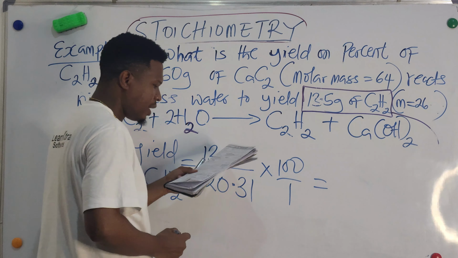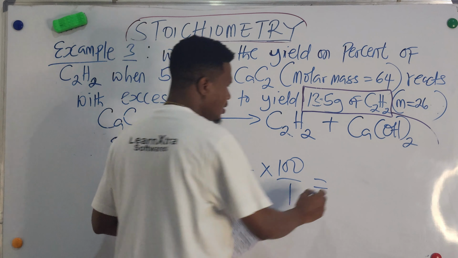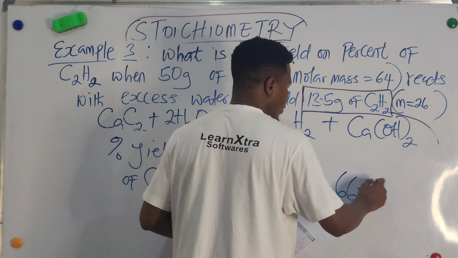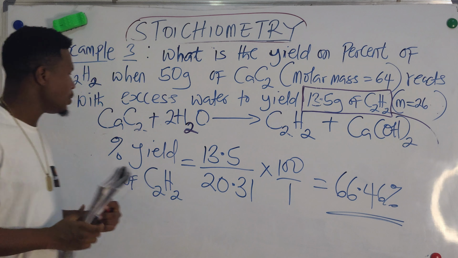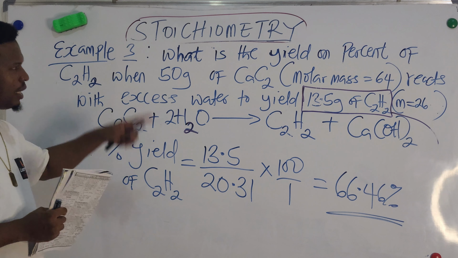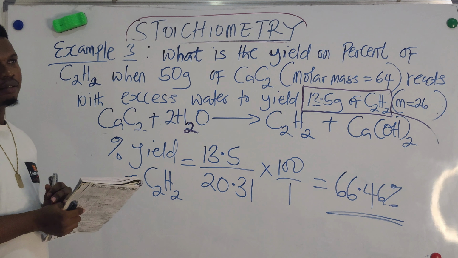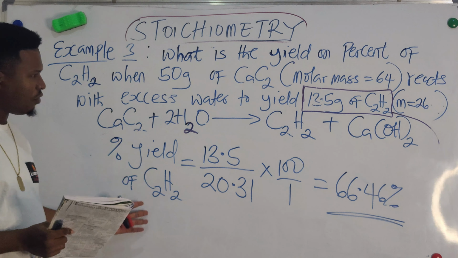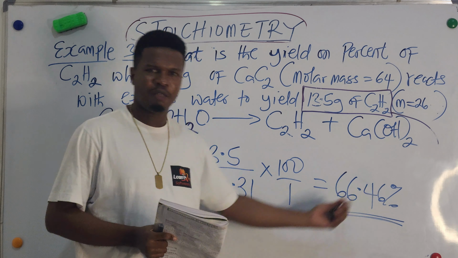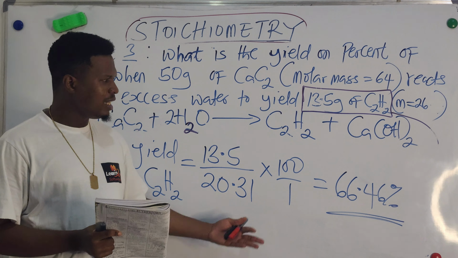So whatever we get here is the percentage yield. So the percentage yield is 66.46%. So this is the percentage yield of acetylene present in this production, in this question. So from the question now, you see that the percentage yield of acetylene is 66.46%. So with this percentage yield,